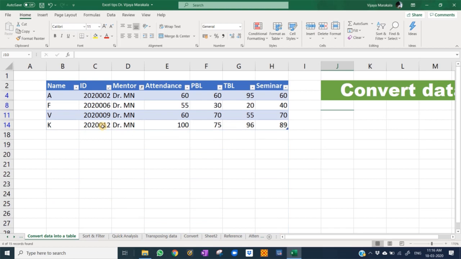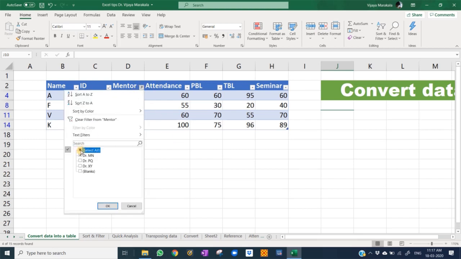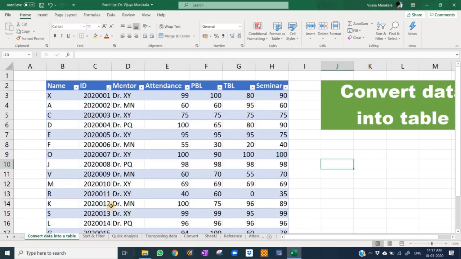So now you can see these are the students, student A, F, V and K. They are assigned to Dr. M, and their performance, the marks for the PBL, TBL and seminar and their attendance. In this way, easily we can organize our data. If you introduce whatever data in your spreadsheet and convert it into an interactive table, you can easily organize your data.